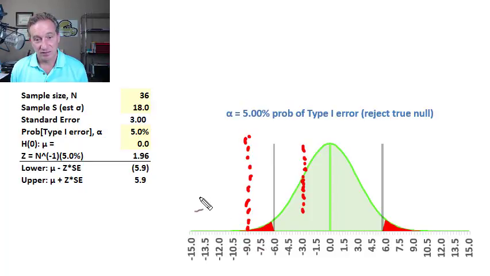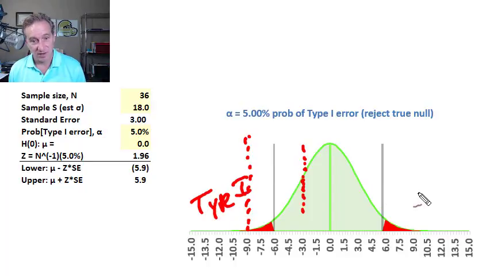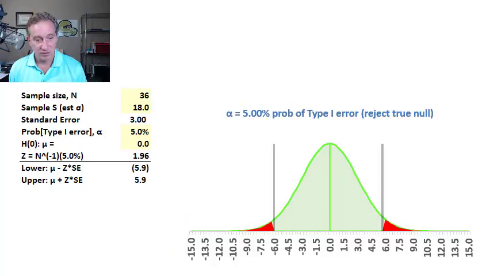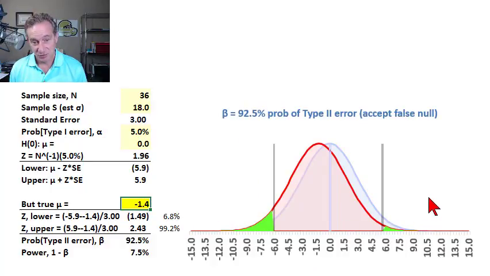And so this is the type 1 error on either side, and that is to reject the null when it is actually true. And so that's the only version of the error we can make when the null is true. Okay, so now I'm going to just change an underlying assumption, just one, but it's everything, and that is